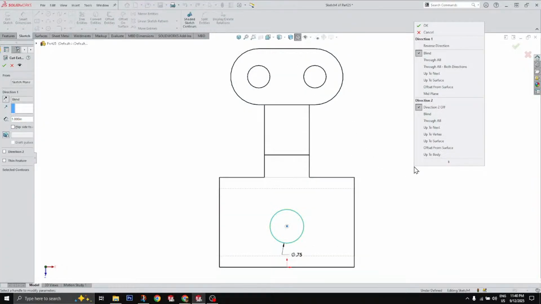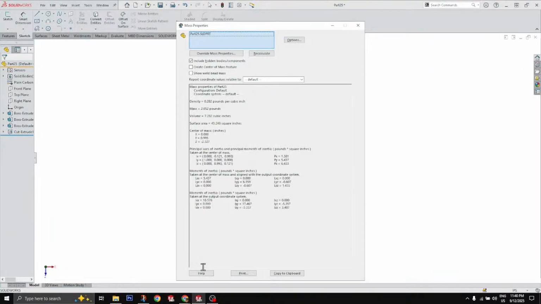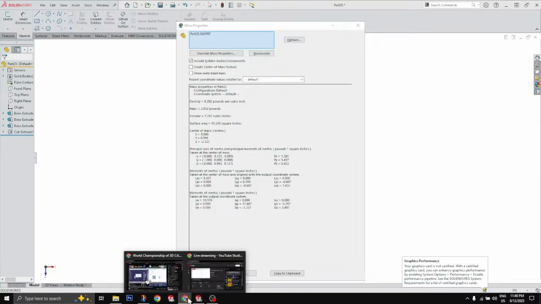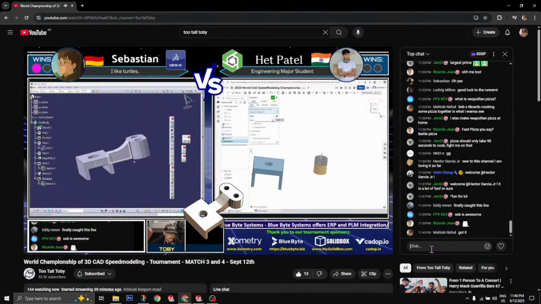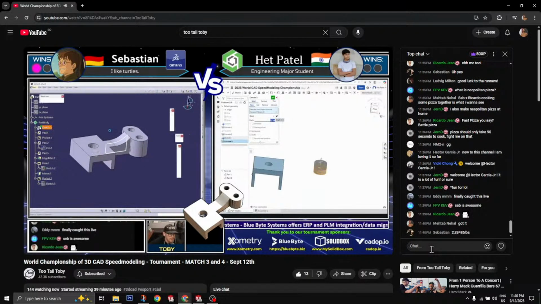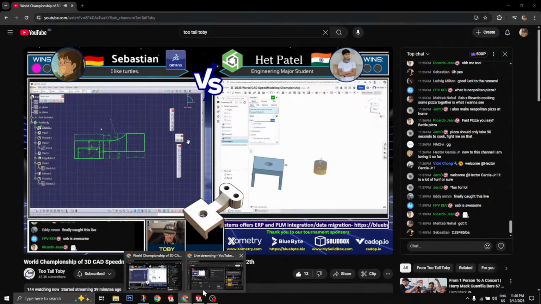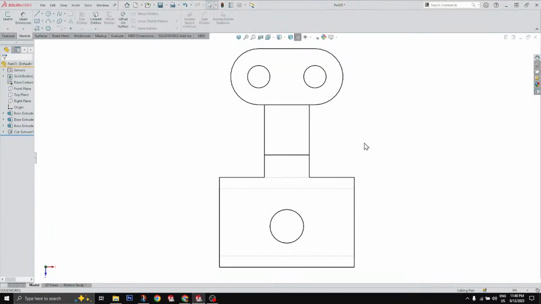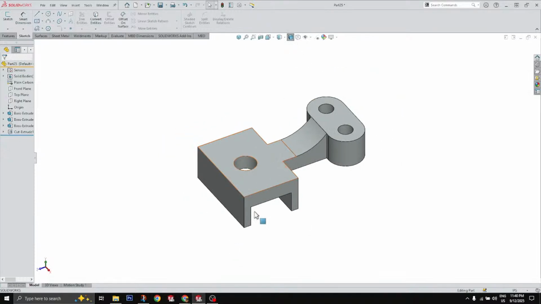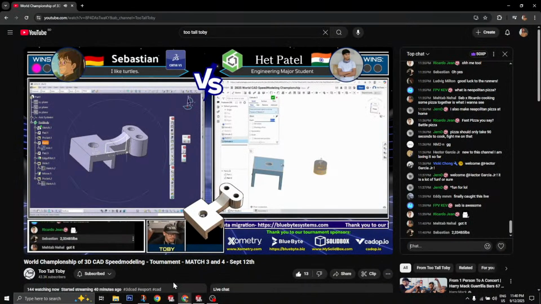We see Sept on the other side, though, still going through. It's never over until it's over, and we saw last time that Sebastian did submit an incorrect answer, so we'll see if he does it again this time. Sebastian looking through his math calculator, and we're going to be watching the chat to see if an answer comes in from Sebastian. And Sept on the right getting that kind of slot shape extruded. Looking at the chat here, I'm not seeing the answer come in. And there it is. Sebastian comes in with an answer,